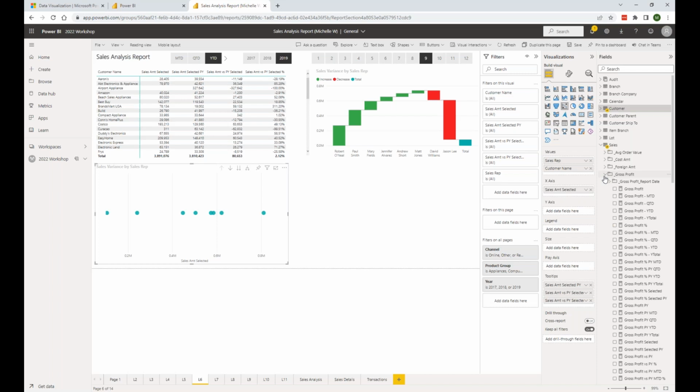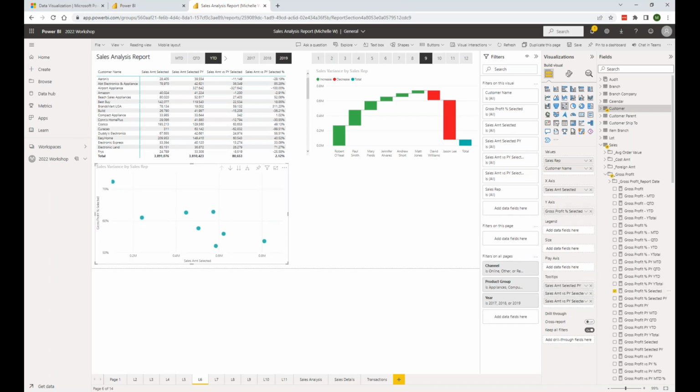And now we want to find the gross profit percent selected. So it's kind of in the middle of the list, and add that as your y-axis. So now I can see here that the item that has the highest gross profit, we also sold the least